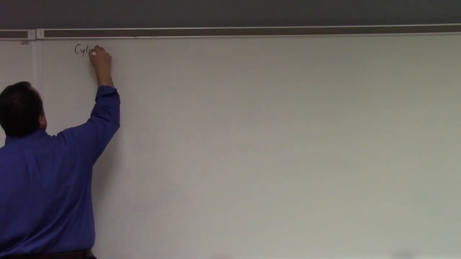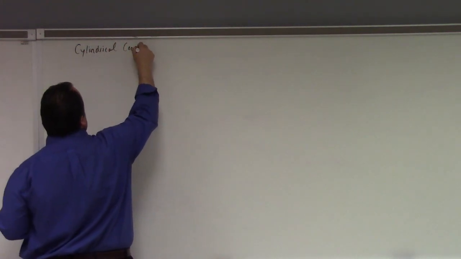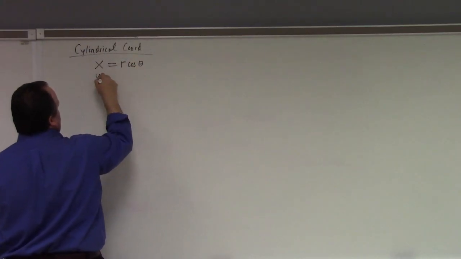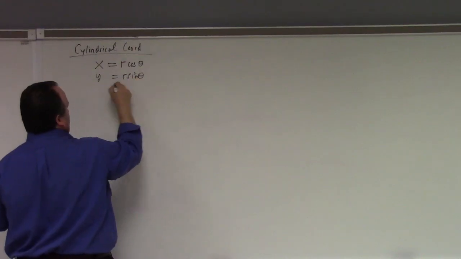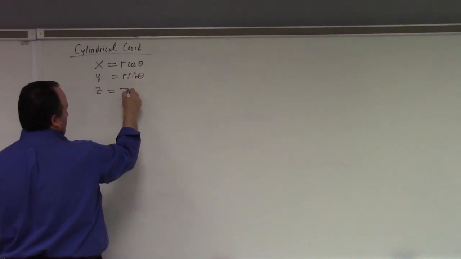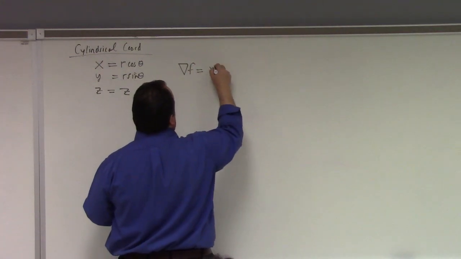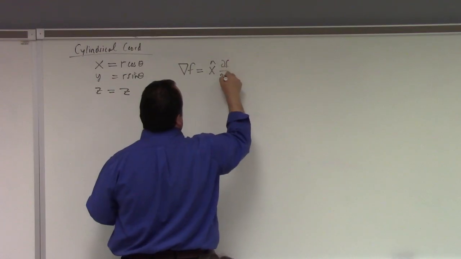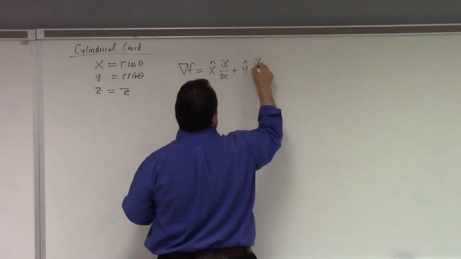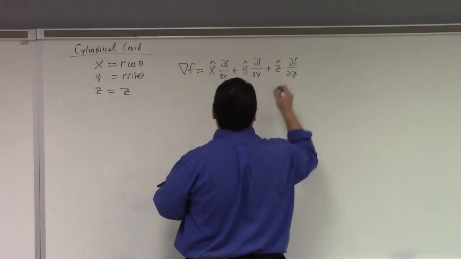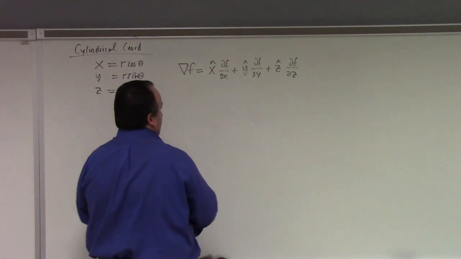What are cylindrical coordinates? X equals r cosine theta, y is equal to r sine theta, z is equal to z. So the gradient of f in 3 dimensions is x hat partial f partial x plus y hat partial f partial y plus z hat partial f partial z if we write it in this explicit vector notation. But we just worked out